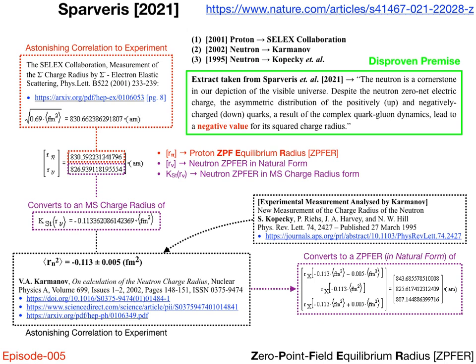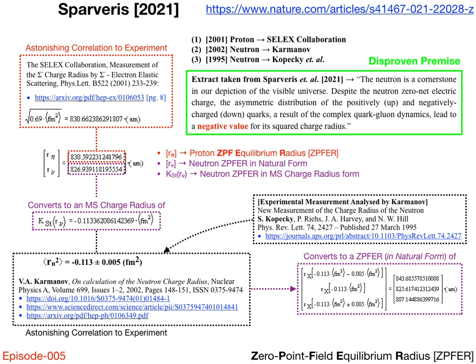What this implies is that the natural form of neutron size we derive should not be possible due to complex Quark-Gluon dynamics. Yet, it is possible, and we clearly show it. We have demonstrated how the concept of 0-point field equilibrium radius compensates for an inconvenient limitation in the standard model of particle physics. This is not a trivial achievement and should not be flippantly dismissed.